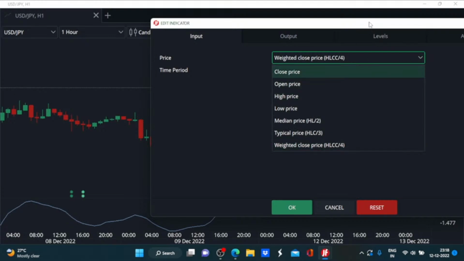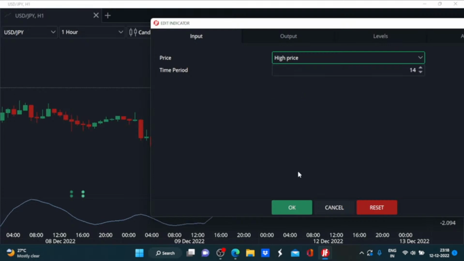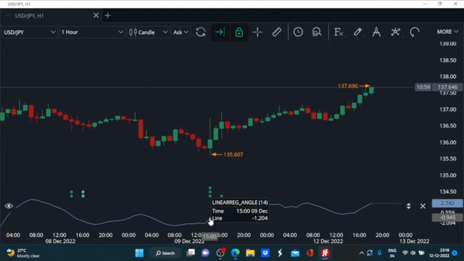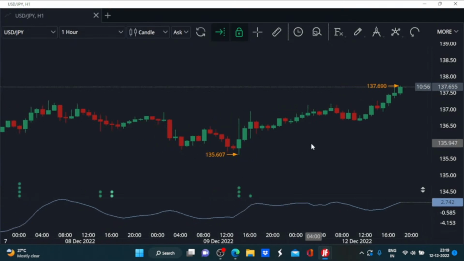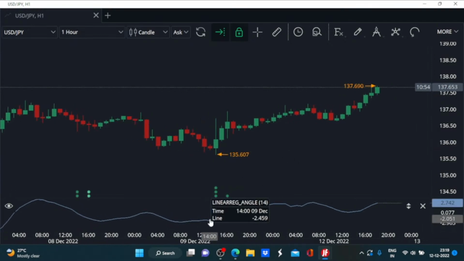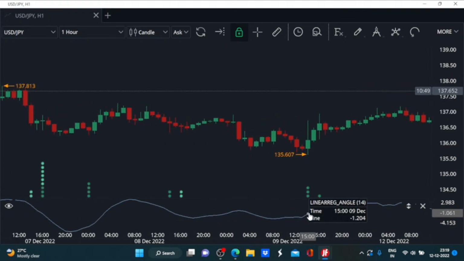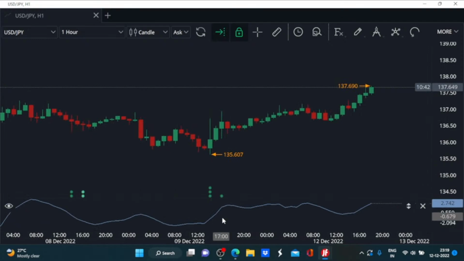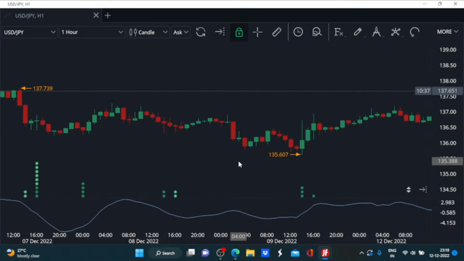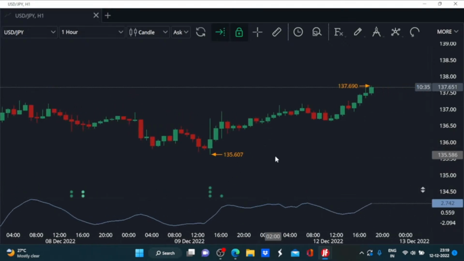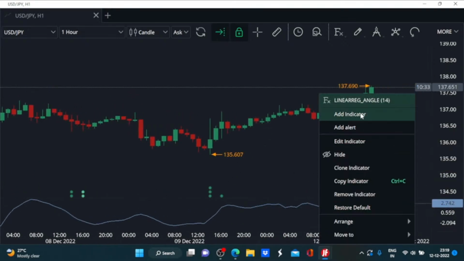In my observations, when we use high price as the applied price, whenever there is upward change in the momentum in the underlying instrument, the high price based linear regression angle will pick up the initial moves quite quickly, but it is going to lag when there is a move on the lower side. And when you use low price as the applied price,